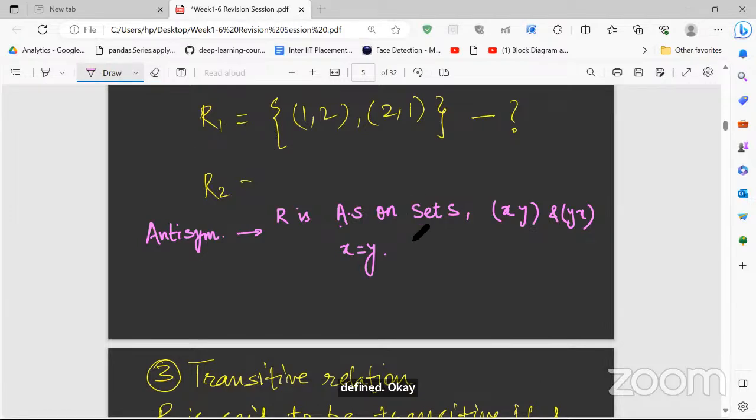So if we have some set S that is a subset of some Cartesian product, and then if we have a relation on that set S, everything we are defining is on that set S itself, nothing on any other. All the relations that we are defining are on set S. Okay, is this clear? This should be clear to everyone.